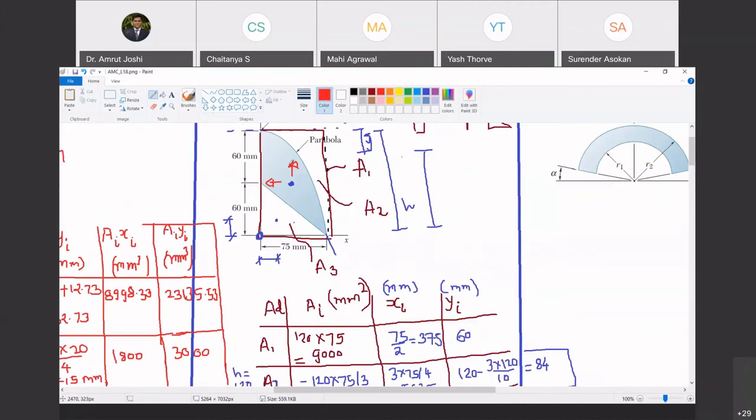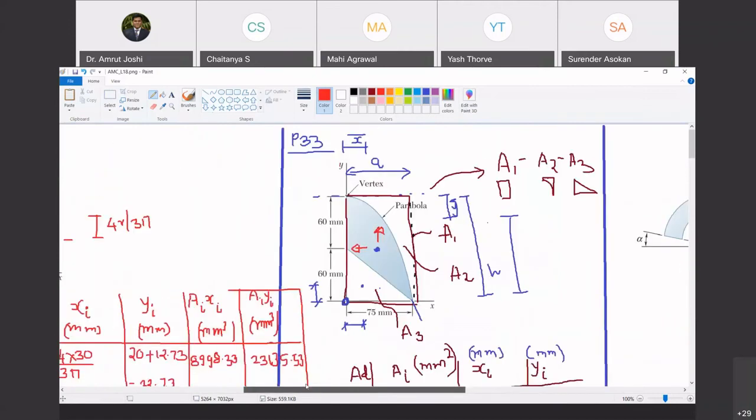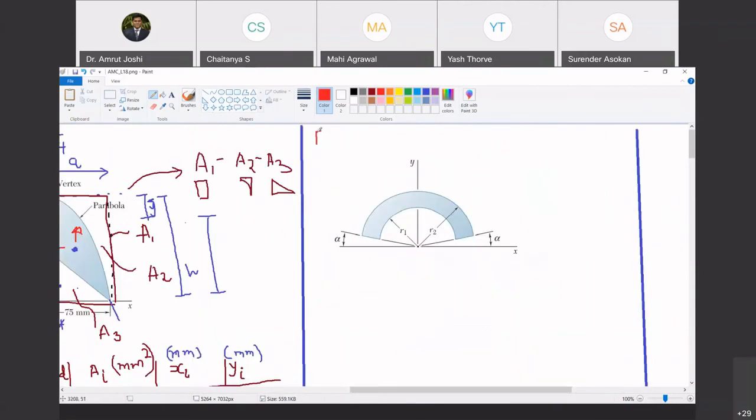Yes, sir. So always keep track of the physical or geometrical interpretation of the result you have got. Okay. So now let us go to the next figure, problem number 34. So यहाँ पे कैसे दिया है देखो. हाँ बोलो कैसे figures है. It is not even a quarter circle. Do you agree with me? Yes, sir. हाँ quarter circle भी नहीं है, तो अब कैसे करेंगे? So how are we going to do that for this figure?